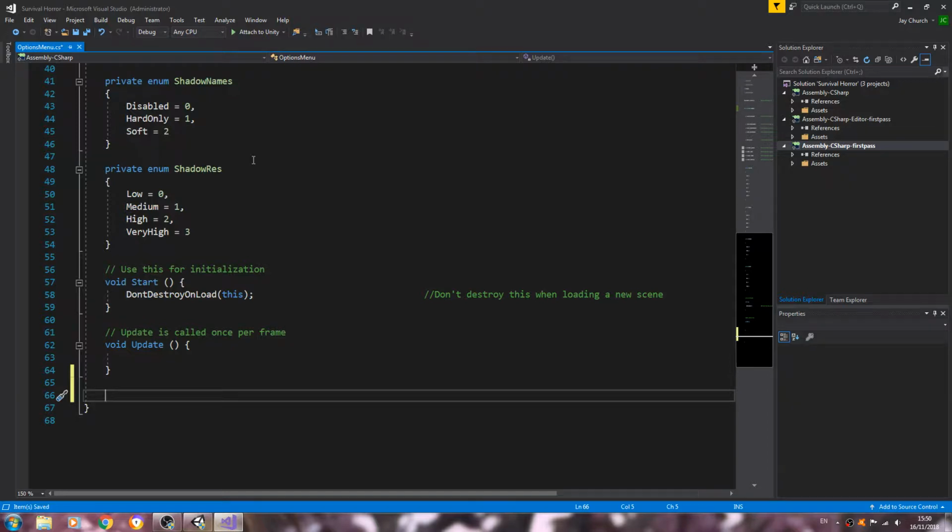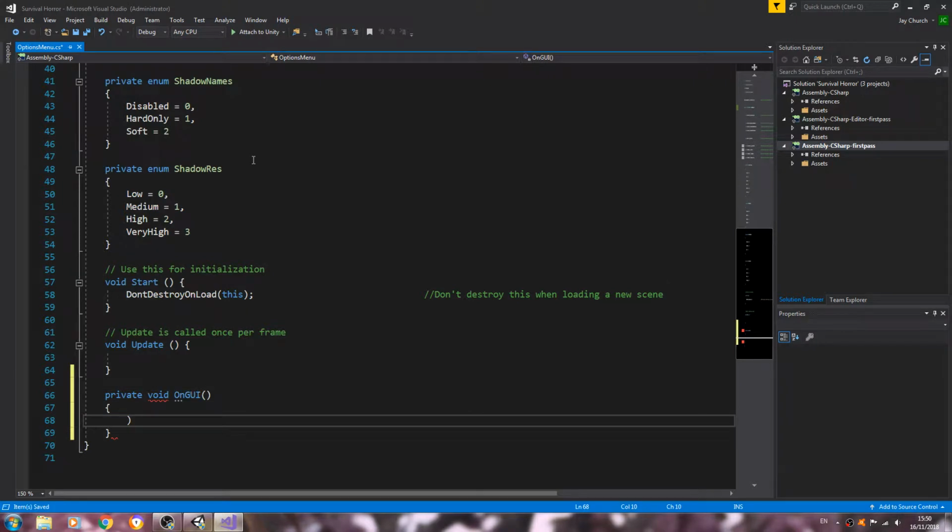But I'll start by coming here below the void Update and we'll create a private void OnGUI, and we'll open and close all the brackets. So we're going to say GUI.skin is going to be equal to the underscore optionSkin. Let's close that off. Into the comments, so GUI skin equals the option skin,